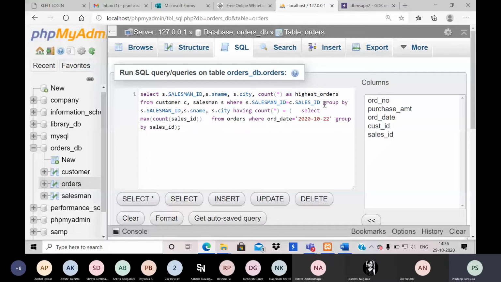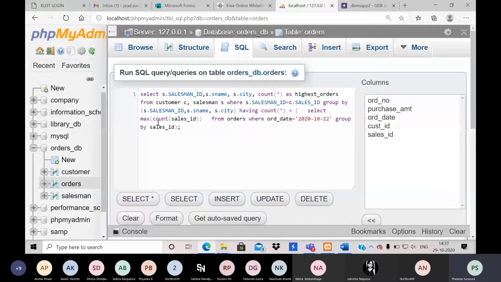So let me try some things. Certain packages will throw an error, certain will not. If I am getting an error, that means I need to fix something.